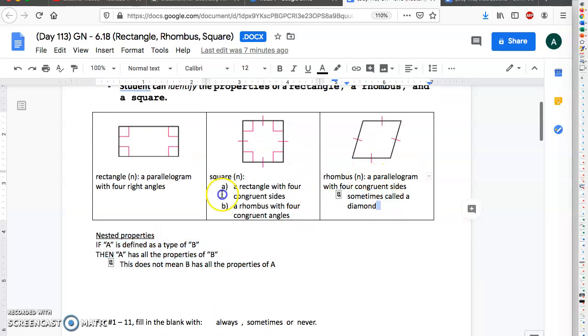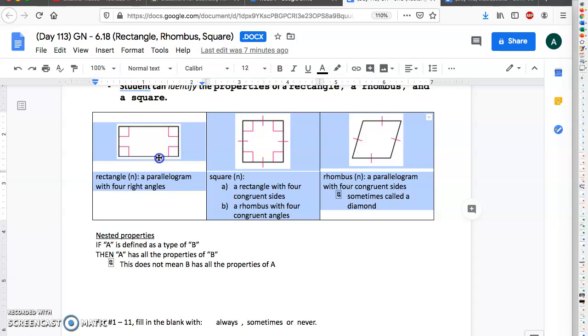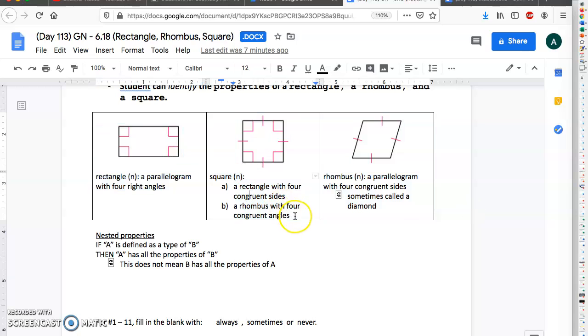Since all three of these are parallelograms, any property that a parallelogram has, all three of them have. Since squares are a type of rectangle, and since squares are a type of rhombus, if a rectangle has a certain property, a square will also have that property. If a rhombus has a certain type of property, then the square will also have that same type of property. Okay,